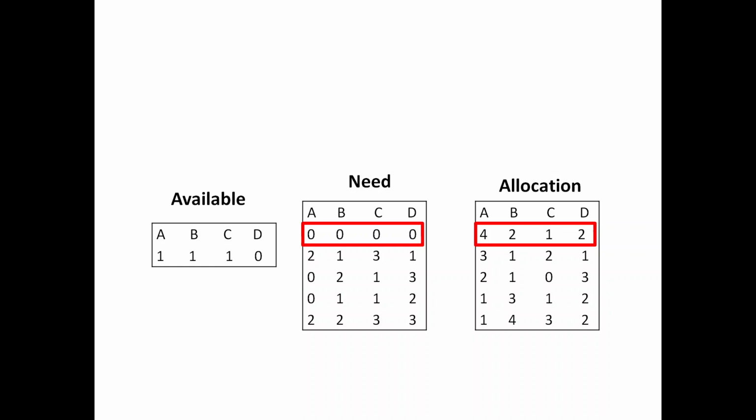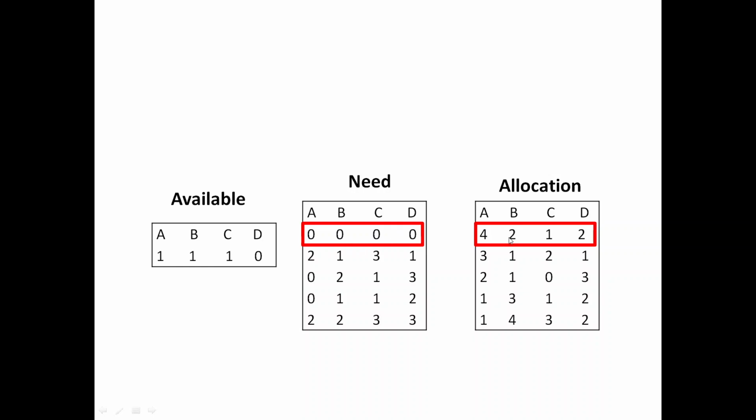Remember that this is just an evaluation. We are not actually allocating the resources to any process. We are just doing it in the algorithm. So under the algorithm, we just manipulate the data structure, that is, we just manipulate the arrays, not making the actual allocations. So that is what happens. We just assume that we have allocated all the resources to P0.